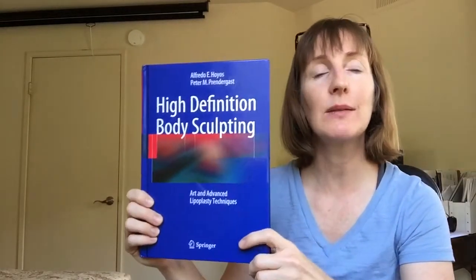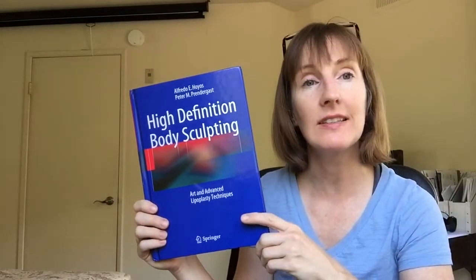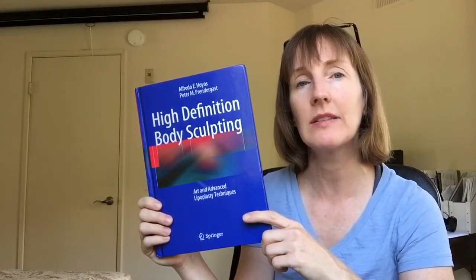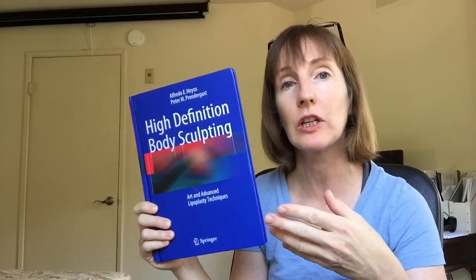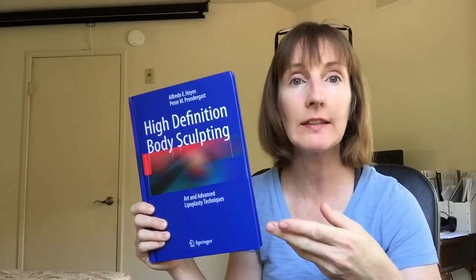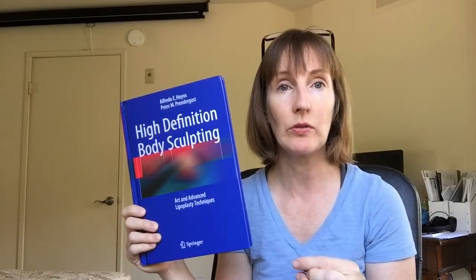I'm a certified lymphedema therapist and board certified massage therapist. I have a practice in San Diego, California, and I help clients after plastic surgery, including Brazilian butt lift, liposuction, tummy tuck, facelifts, mommy makeovers, reduce their swelling and reduce their fibrosis with a type of massage called manual lymphatic